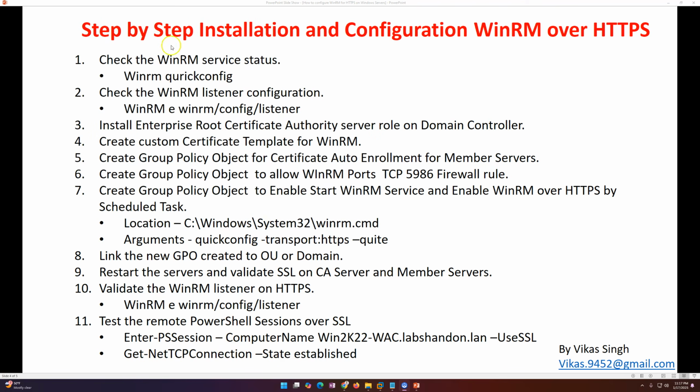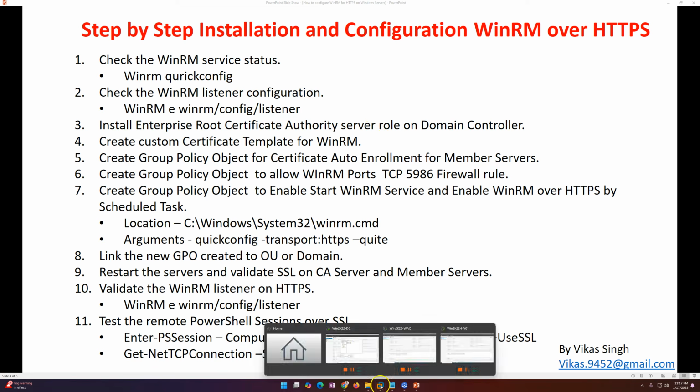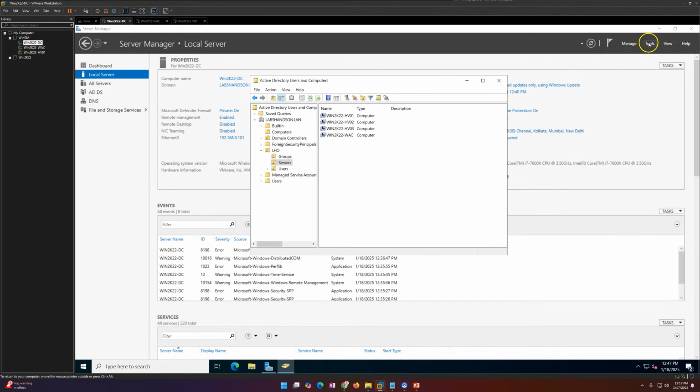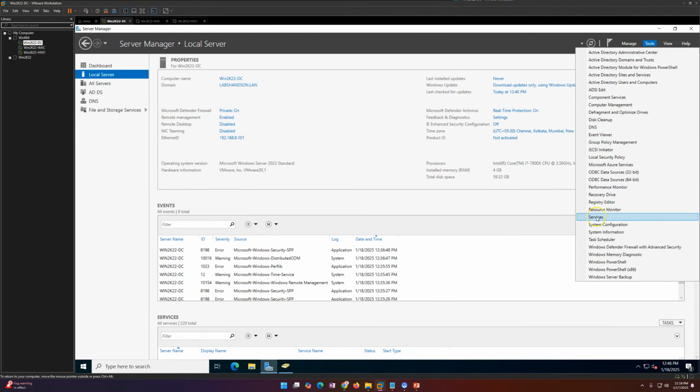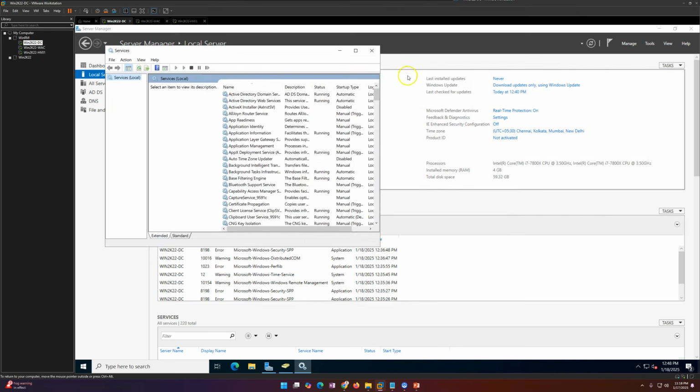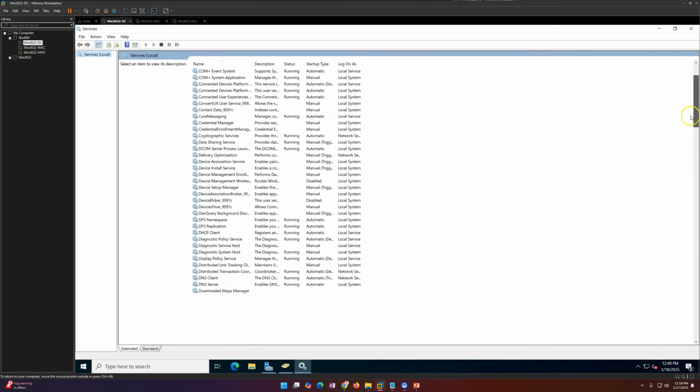So the very first step is to check the WinRM service status. While configuring WinRM, you need to know if the WinRM service is running or not on the server. You can always check by going to services also. So it's on the DC itself, I'm going to validate. So if you go here under